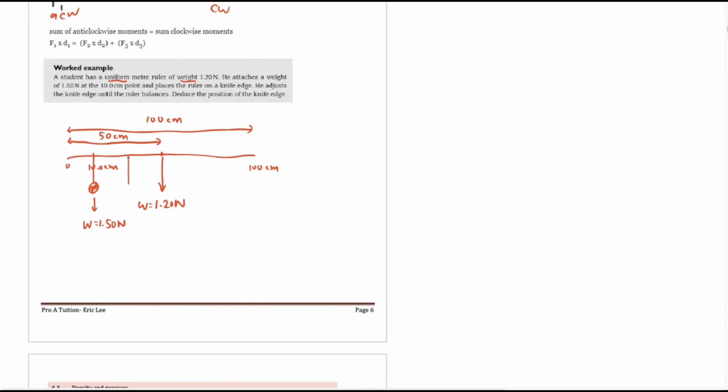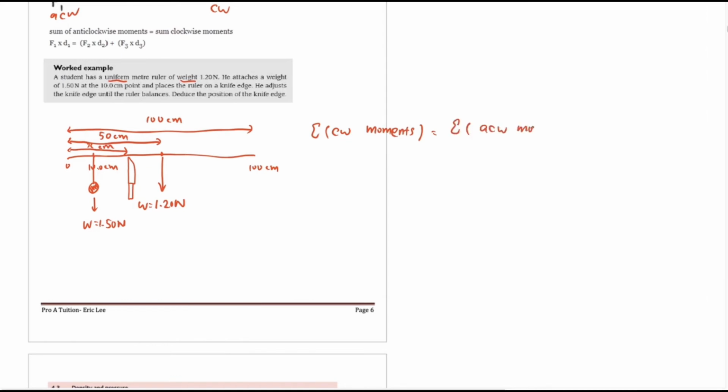to balance. Let's say this is our knife. Put it somewhere here, and you have to find out the position. So I call this X. I'm looking for X now, X cm. That's the knife. In order to do this, we use clockwise moments: sum of clockwise moments equal to